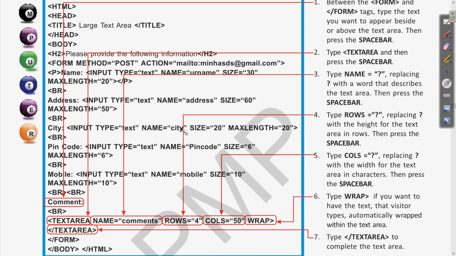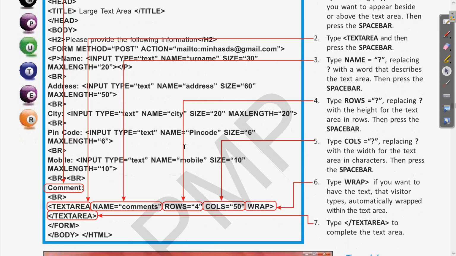Now we were talking about the text area. Here you can see we have written a new element, that is comment. Clear? If the visitor or the person who is visiting the website wants to give a comment, for that we will need a large text area. That is why here we are using the text area.